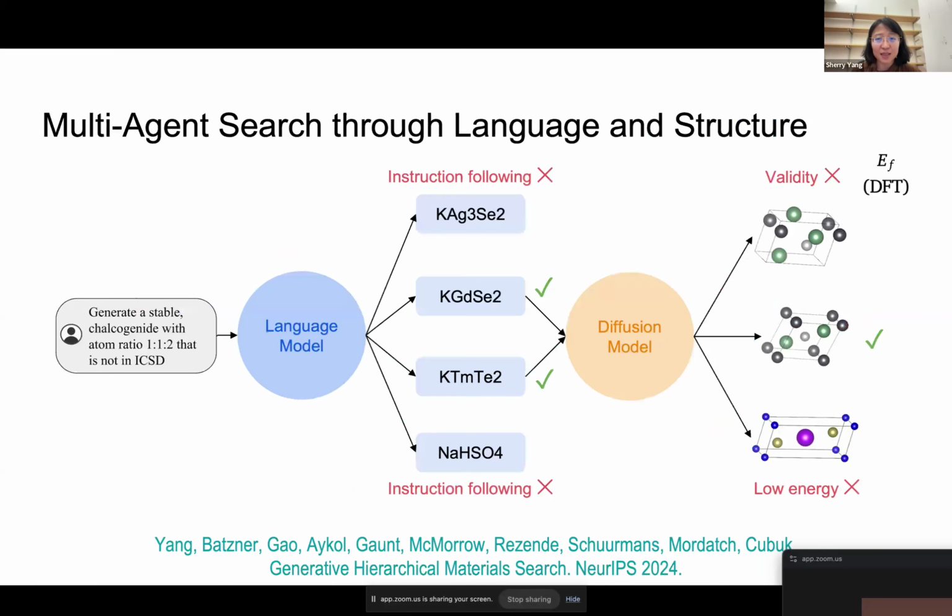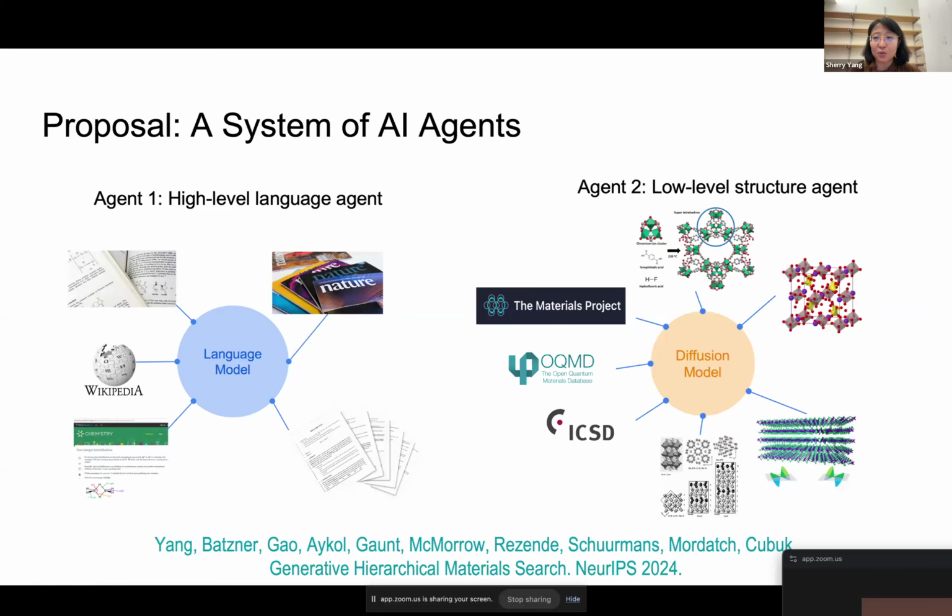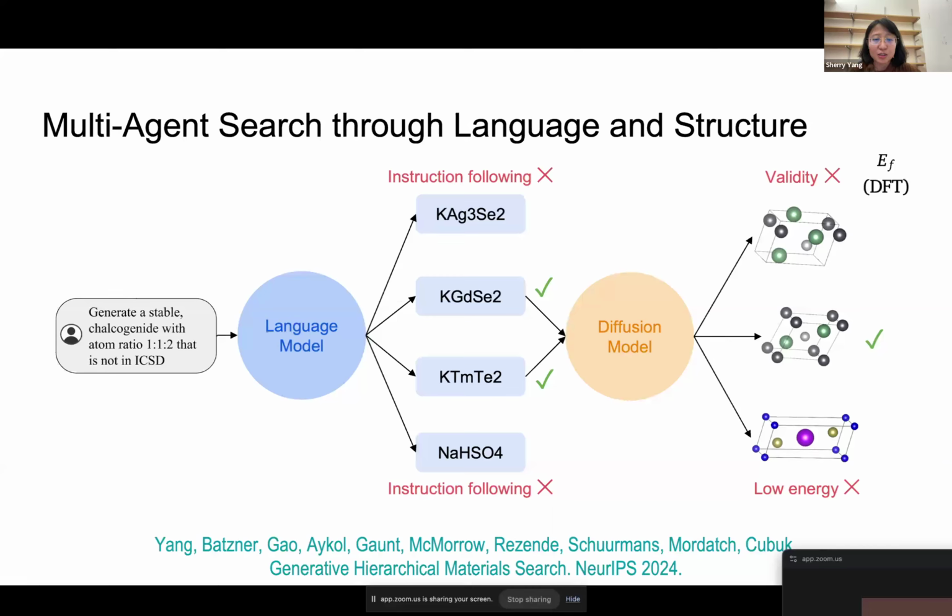But nevertheless, there is some connection: formulas connect both the high-level knowledge and the low-level databases. I think this is true for a lot of science domains, because people need a way to identify the quantity they're talking about. For structures, they need formulas, and the formulas usually exist in the textbooks. So what we propose in this generative hierarchical material search framework is to take the language instruction and use pre-trained LLMs to suggest formulas that can follow it. Of course, we can do some early pruning. Language models can make a lot of mistakes, so for the ones that didn't follow the instruction, we'll just filter them out.